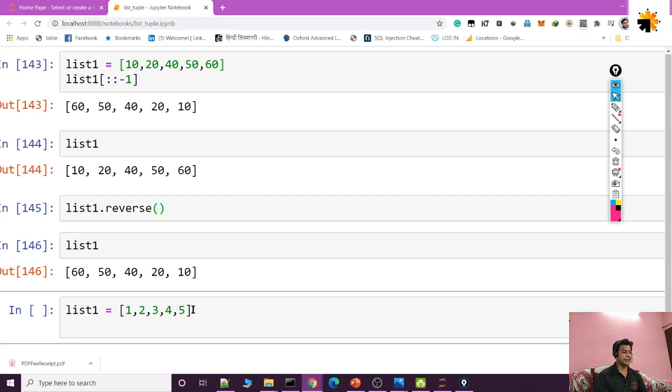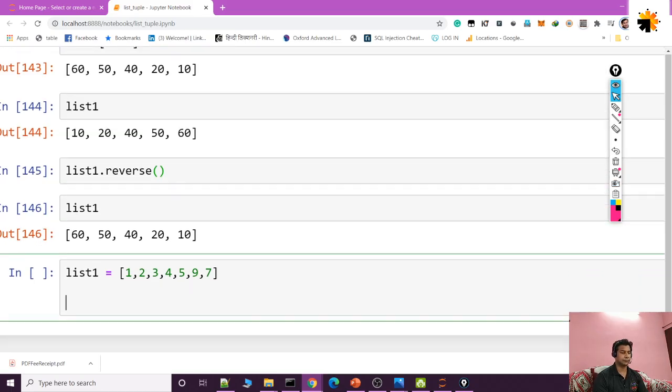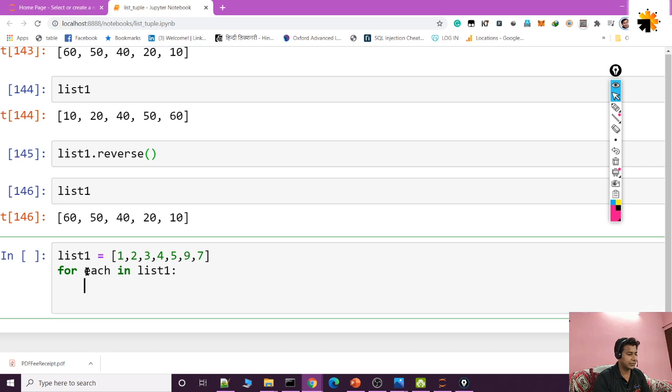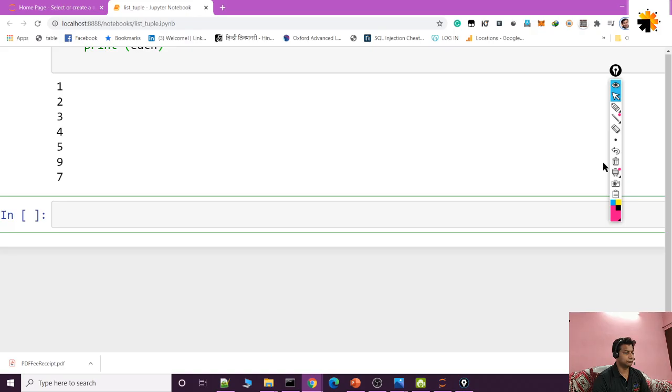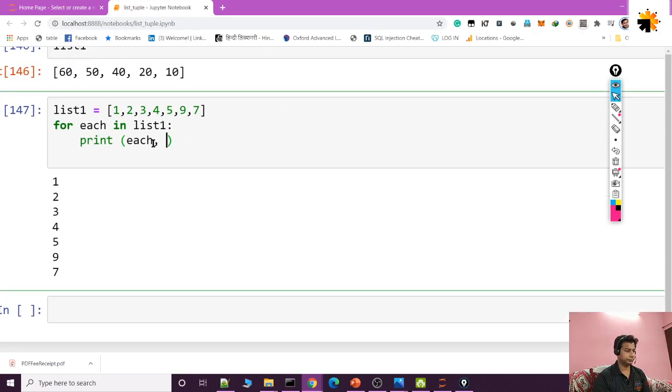Somebody says only retain the even numbers. Make a new list and put all the even numbers in it. So I can do one thing: for each in list1, let's see how we can print the list elements. Okay, in this way you can use a list. Now consider,